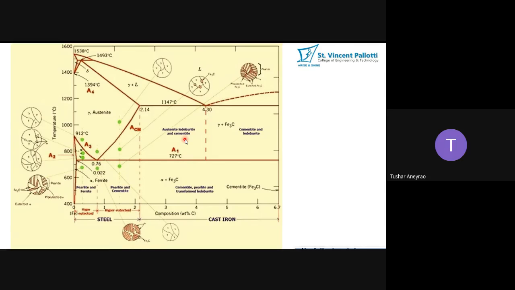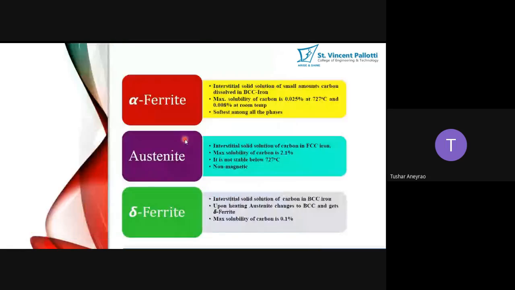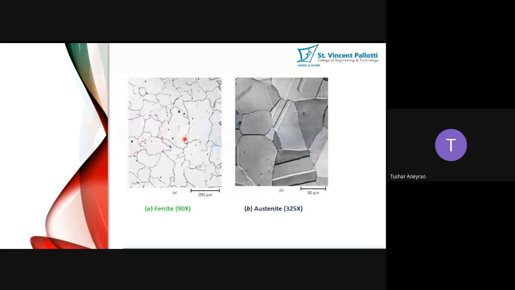Now please don't get disturbed. We are going to see in detail each and every transformation and how the cooling is happening in this iron carbon diagram. Okay, so I think it is already 12:48, so I should stop here. But if any doubts are there with respect to these phases, then you can ask, or if there is a requirement to go through all these concepts once again, then I will quickly revise the concepts in the next class, and then we will move ahead with the discussion on the iron carbon diagram.